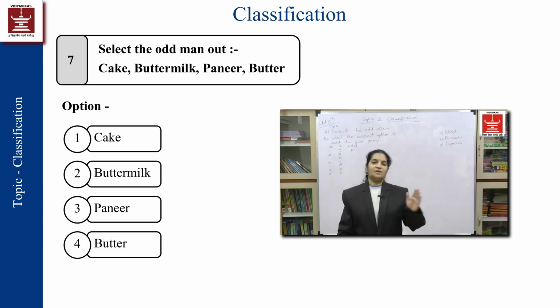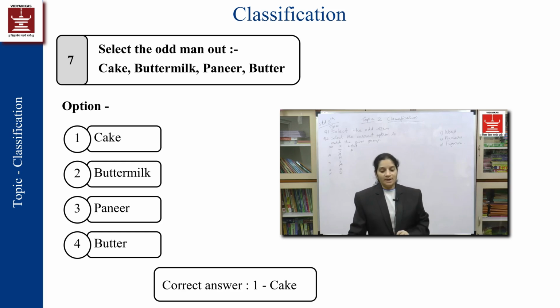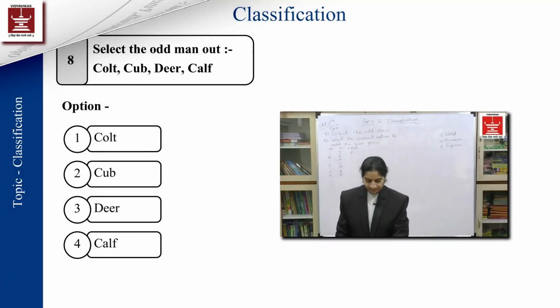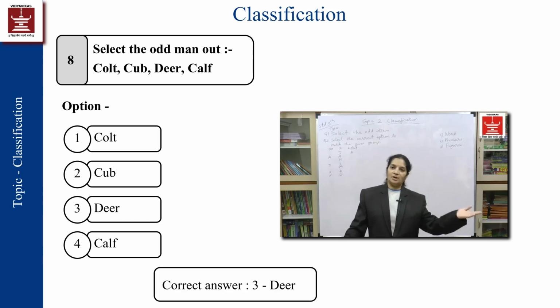Or you have some products which are fermented and one of them is non-fermented. So the classification criteria is not given, and will not be asked either. You have to identify that criteria, which will put 3 in one basket and one is going to be odd. One more example we'll give: colt, cub, deer and calf. So you'll know that colt, cub and calf are young ones, whereas deer is not a young one. Information about young ones, about their dwellings, about their sounds, all these things which you have already done in language will be included over here.